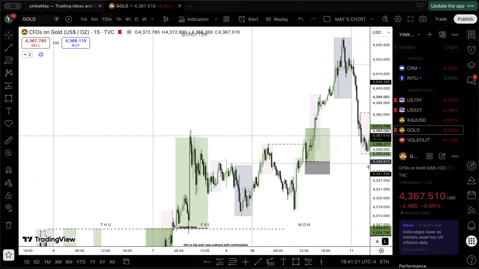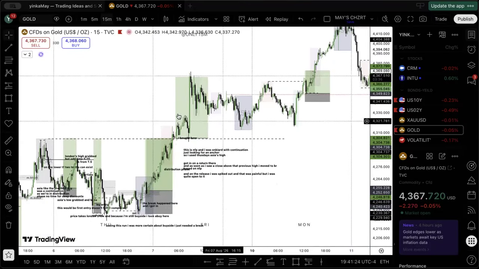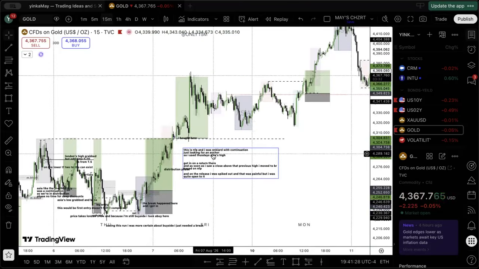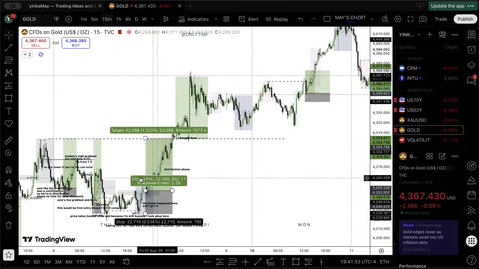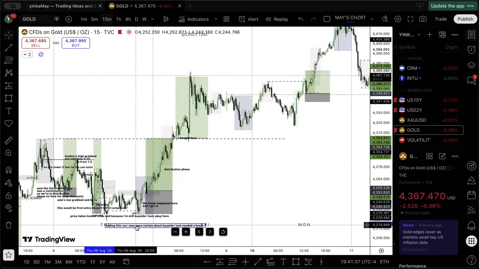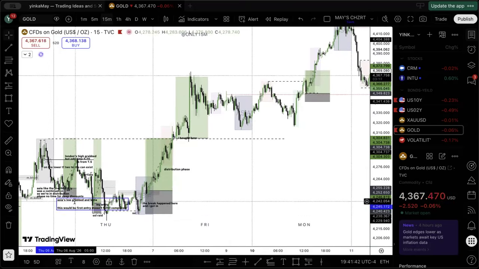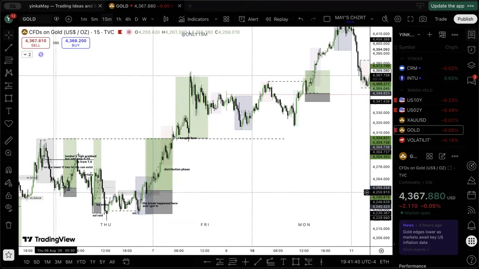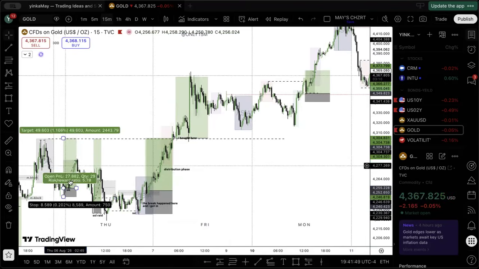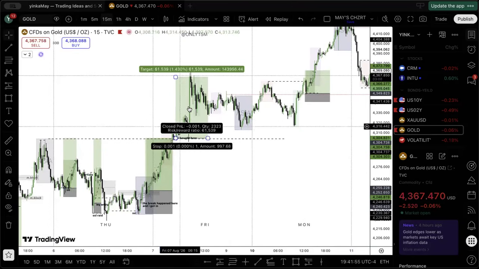What are we thinking about? We are looking for runs above London's high, and then we're selling. We're looking for a run below London's low, and then we're buying. I have all of these things here, and I'll just pitch them out. I just thought about the question again, and this is going to be really good for somebody who is having difficulty with having one thing they can stick to and watch how it works over time. All right, so this is Friday, and we have a run above buy side liquidity.